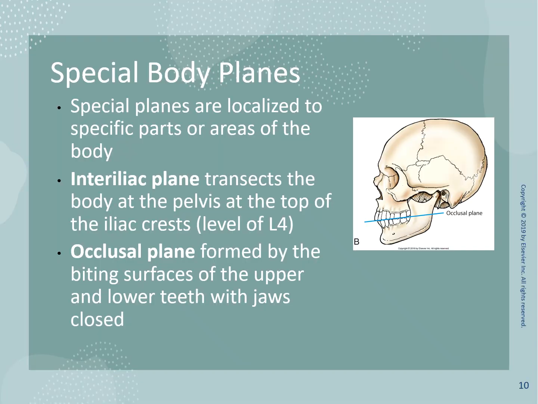All right, special body planes. Now the occlusal plane is an axial transverse plane, but there's a better way to define it and localize it. The occlusal plane is the bite plane. It is the junction of your upper and lower teeth. The interiliac plane is,